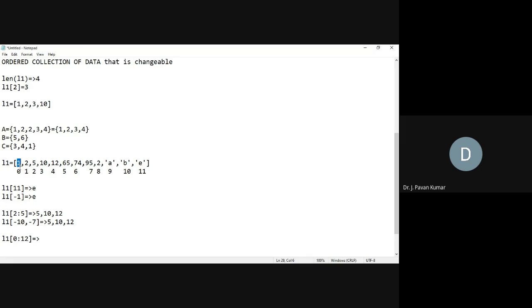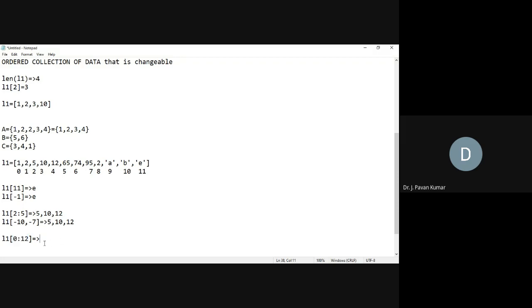But our requirement is to print alternative elements: 1 we will print, then 5, then 12, next 74. Like this, the step that we are taking every time should be 2. By default, if you specify 2 to 5, then 2, 3, 4 will be part of it. Similarly, 0 to 12 considers 0, 1, 2, 3 up to 11, and those elements will be printed.